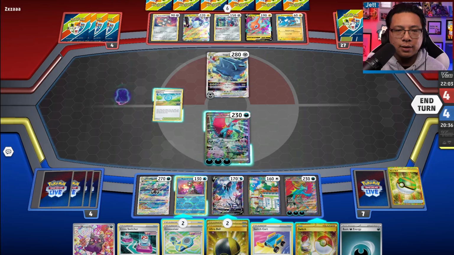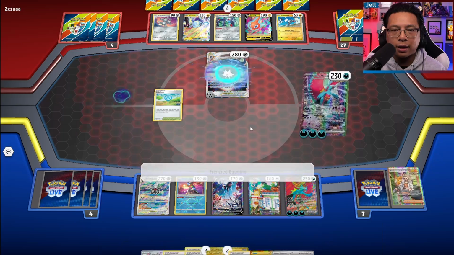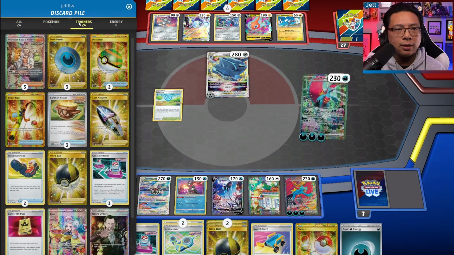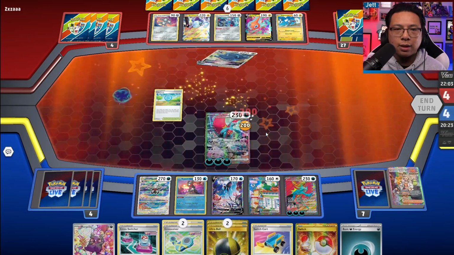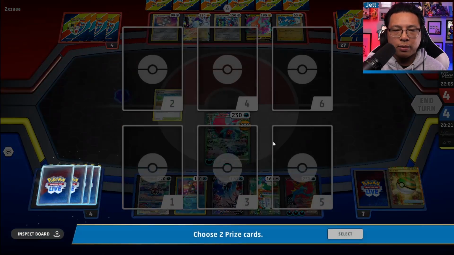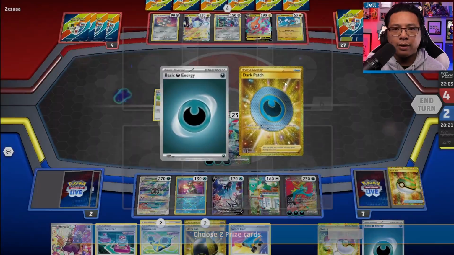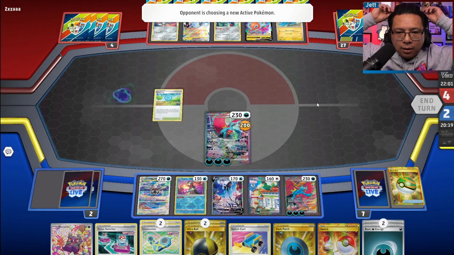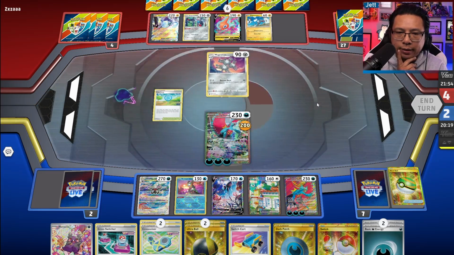Like, this is pretty much the perfect example of this deck in action. Do we have boss in... Yeah, we have boss in the deck, or in the discard pile. So as long as we don't get Iono'd here, we should be fine. Even so, like, we have... Okay, let's see how they play out the rest of this. But I think this was...